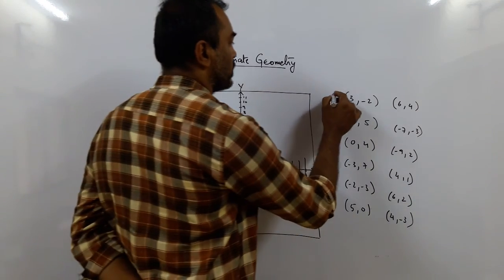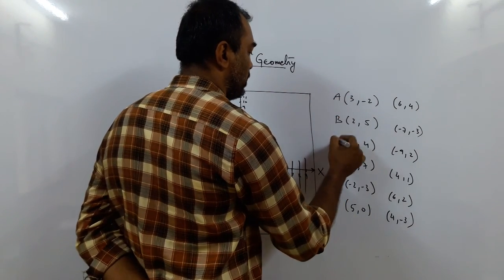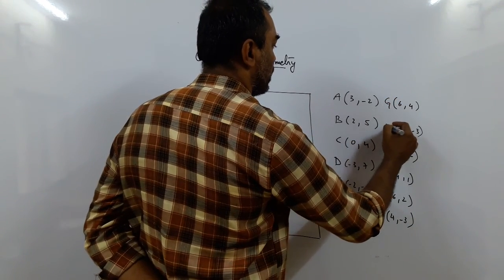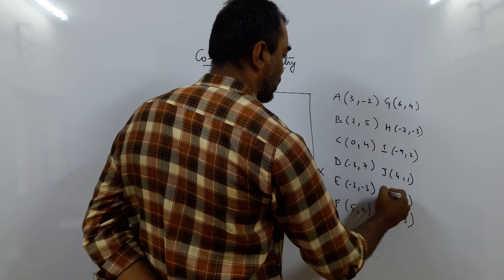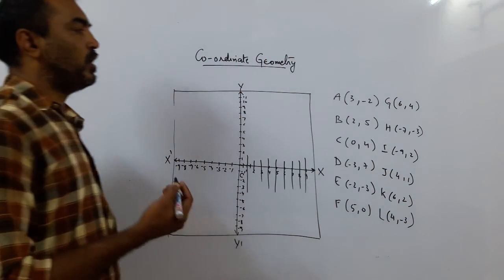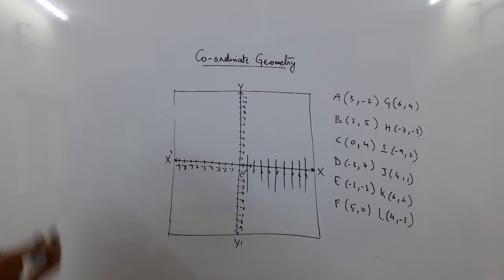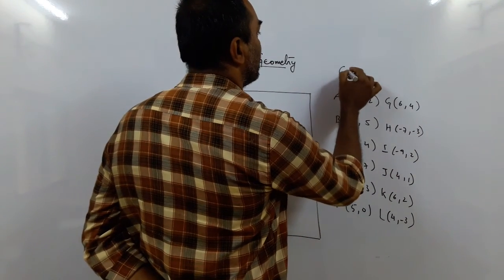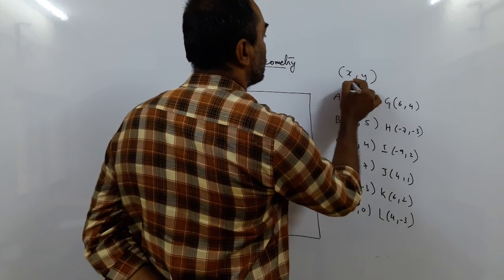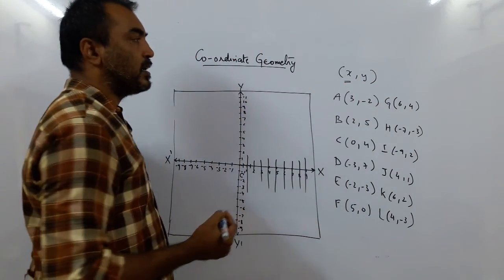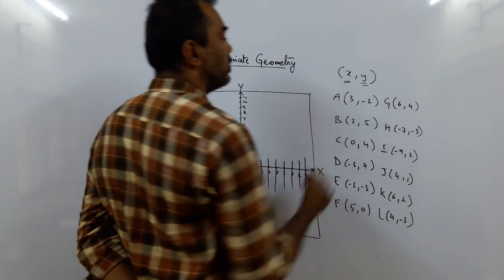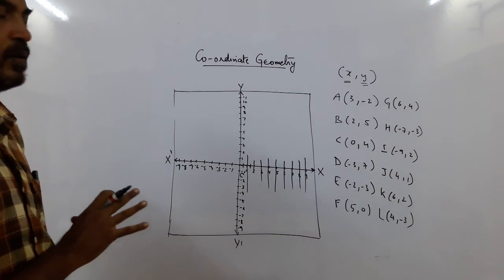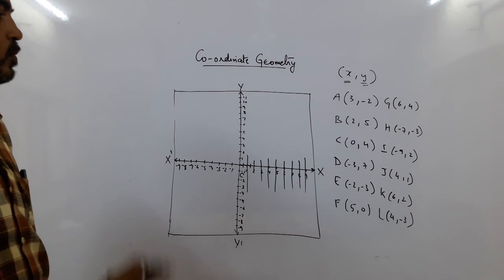So today our only work is to plot these points. We'll name these points A, B, C, D, E, F, G, H, I, J, K, and L. So I have named these points for you. And now we start to plot. Now I hope you remember coordinates are always written as x and y, right? The first coordinate is the x called the abscissa, and the second coordinate is the y called the ordinate. So you have to plot these points on the graph paper. That is all we are going to do today, nothing more.